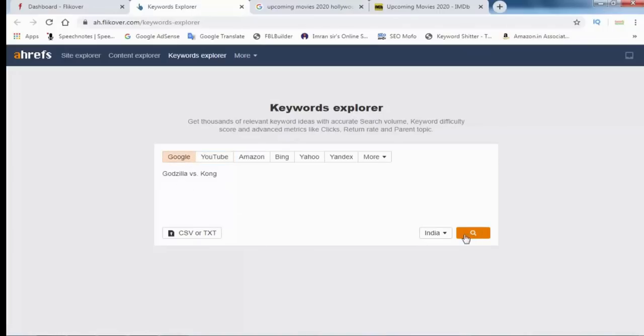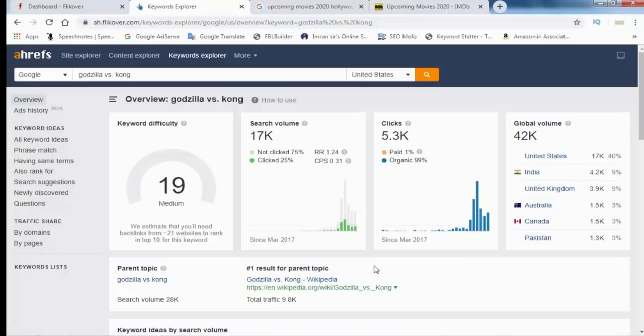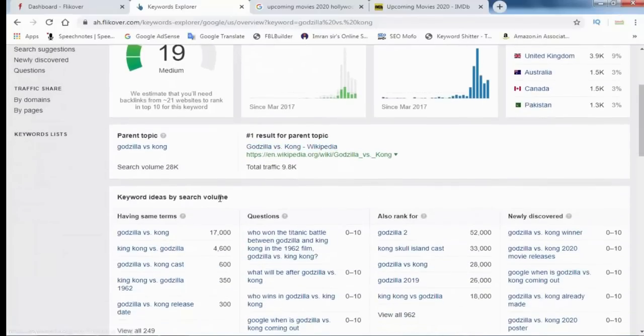I type on Google and I use here United States, USA, US, and search this movie. What is the search volume and how much competition? This movie's search volume is 17K and clicks 5.3,